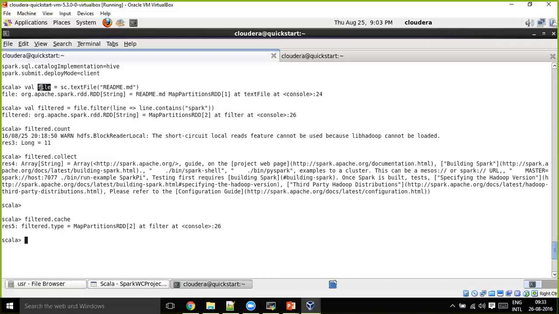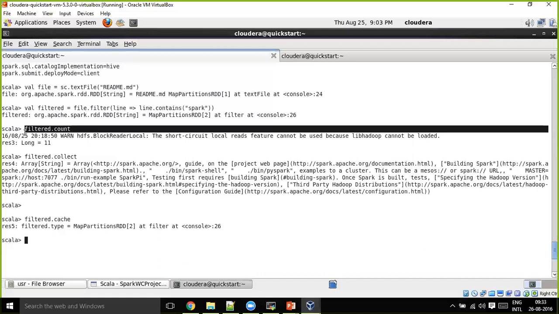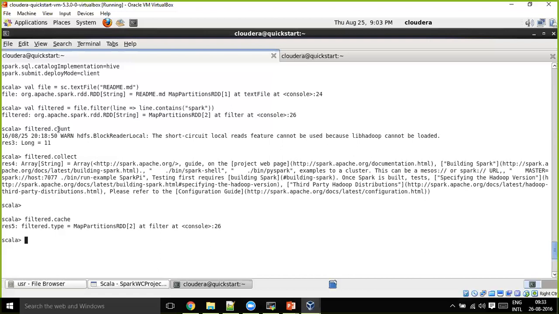It's a tricky question. Can you please come again? See, his question is that at the time of execution, if I want to get the count of filtered, whenever I run this action, this file gets loaded, right?